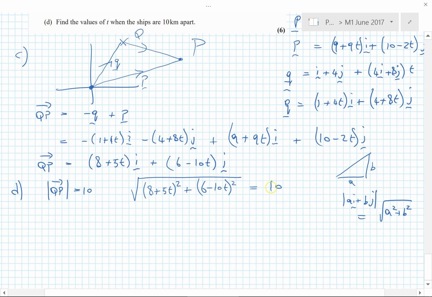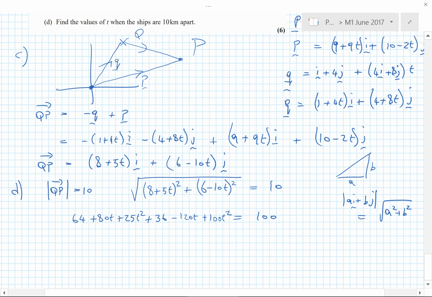So squaring that out, we're going to get 100, and squaring each individual bit out here: 8 squared is 64. 5 times 8 is 40, but we're doubling that, so it's 80t, plus 25t squared. 6 squared is 36, and then we have minus 10t here, that's minus 60t, minus 12t. Okay, so it's 60t times 2, plus 100t squared